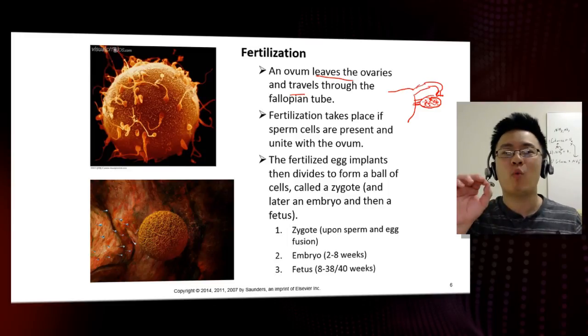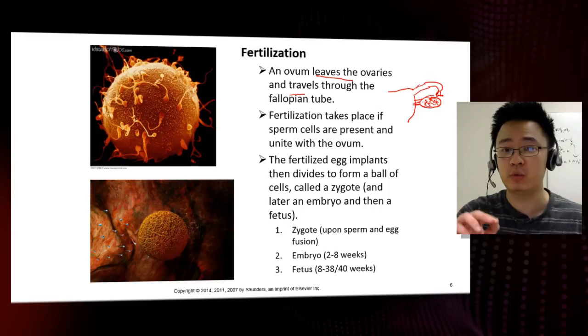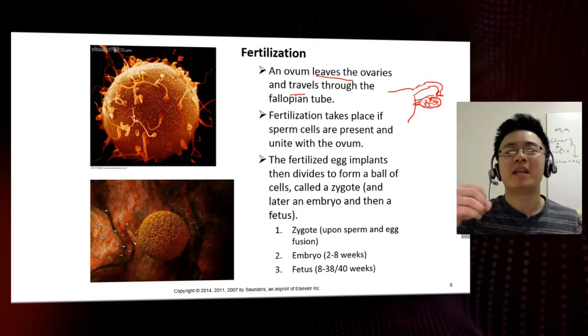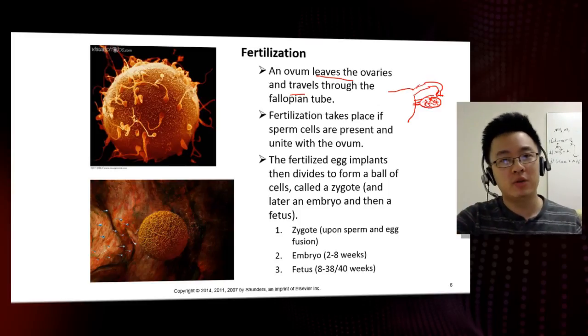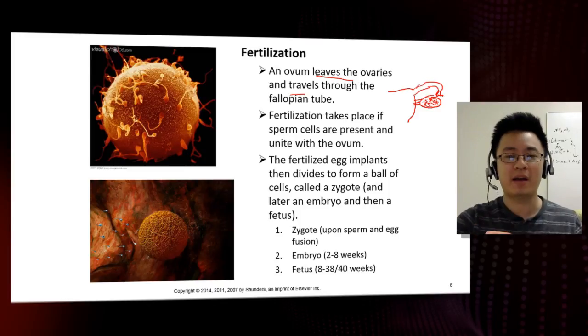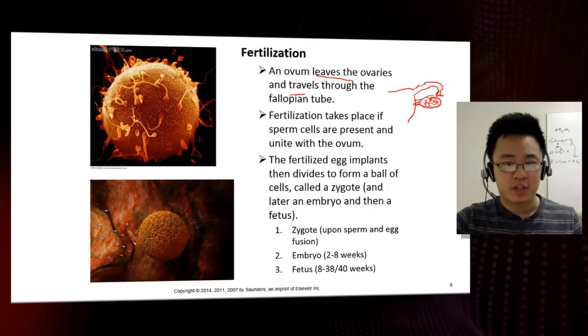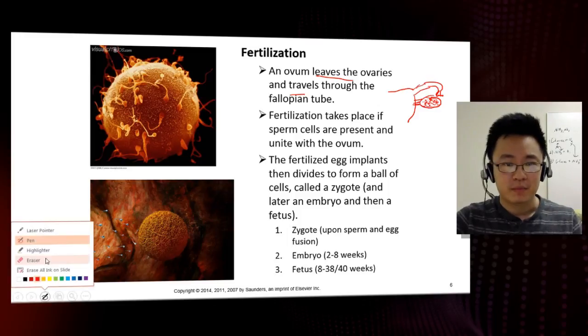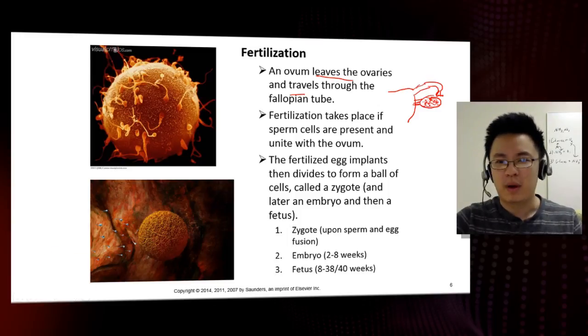And when it breaks, that one special egg cell during that particular period, that menstruation cycle, we'll talk more about that later, leaves and then travels into the fallopian tube. More about that in a later slide. So the sperm cells, let me change my pen color, let me use light blue. The sperm cells don't just travel their way up to the fallopian tube, go into the ovary, and then come right back out.